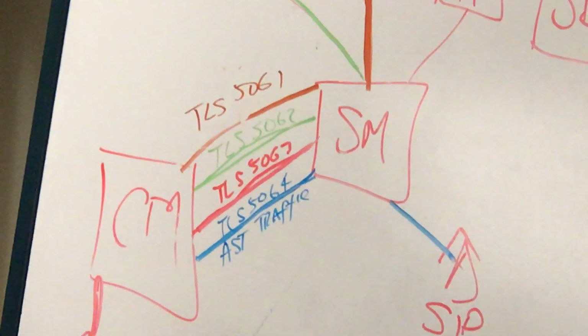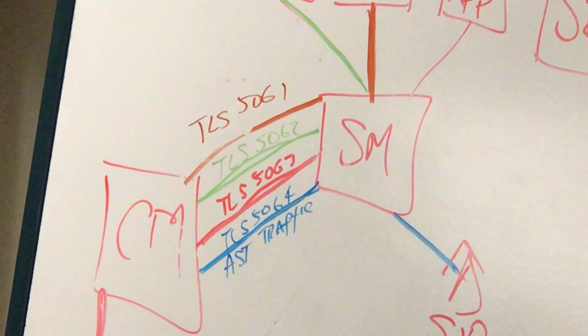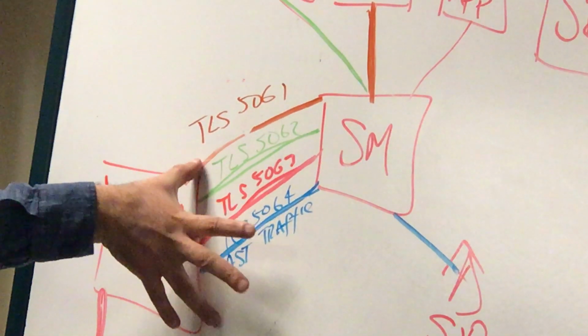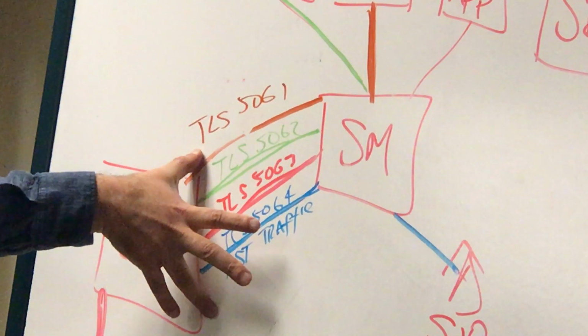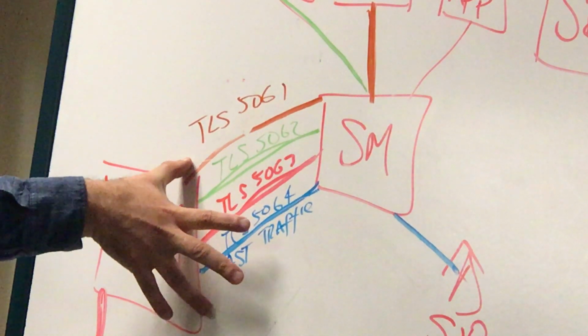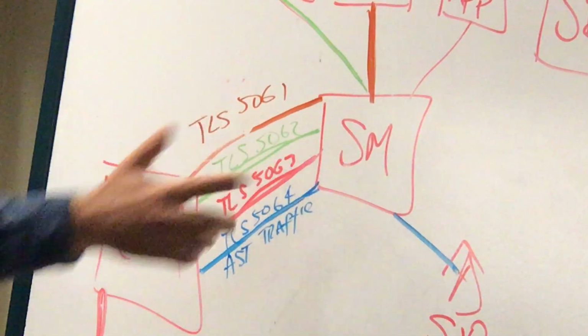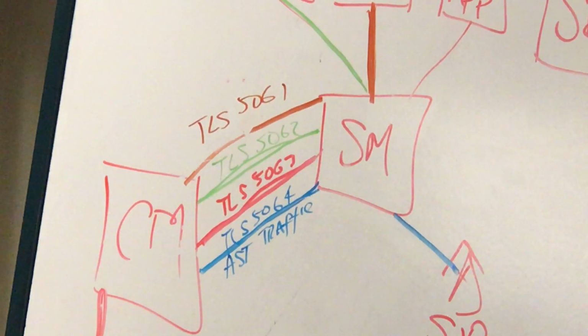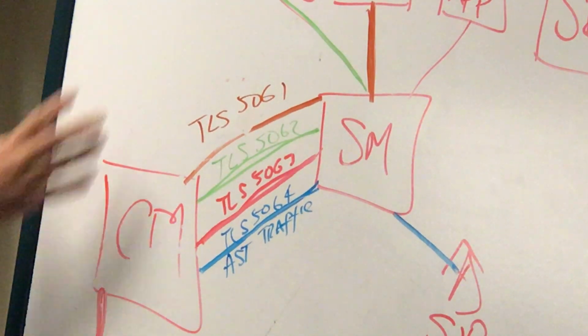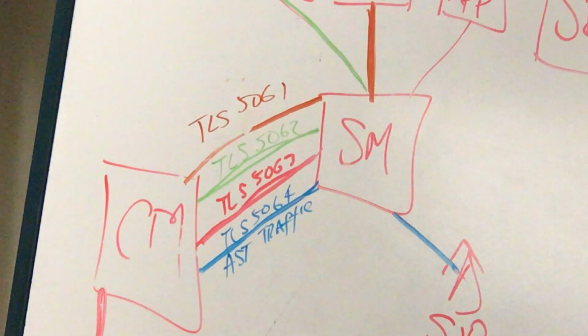This is known as port-based routing, and a lot of customers have this configured, so that the SIP trunk is selected based on that port. Now, this works fine. The only thing that sometimes I don't like about this approach is the fact that you end up having